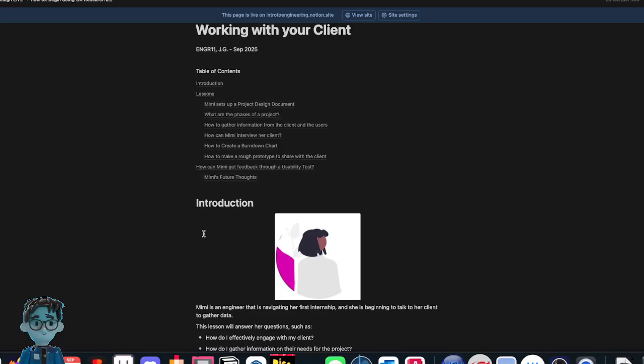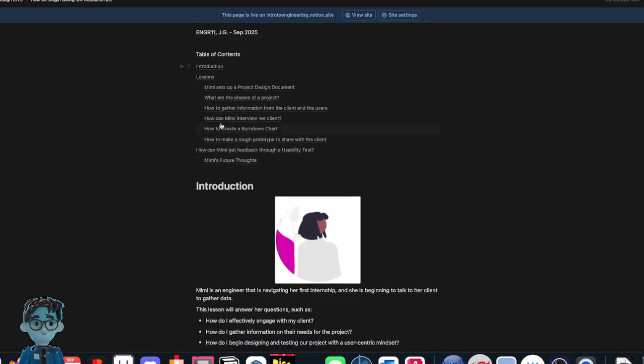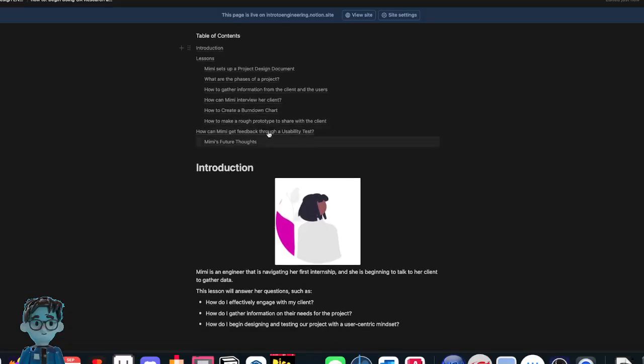So basically a document that will cover all the stuff about your projects. You can use it to work with your team. You can put your goals and even meeting minutes on there. We're going through the phases of a project, how to gather information from the client, how to even conduct an interview, and stuff like burn down charts, project management techniques, and what you can do with that information to create